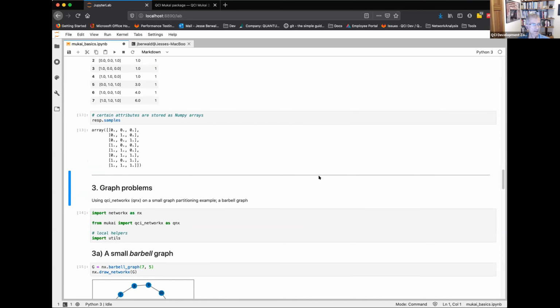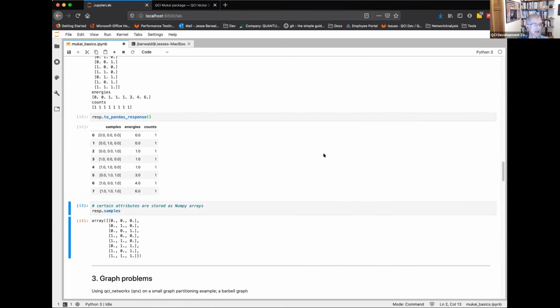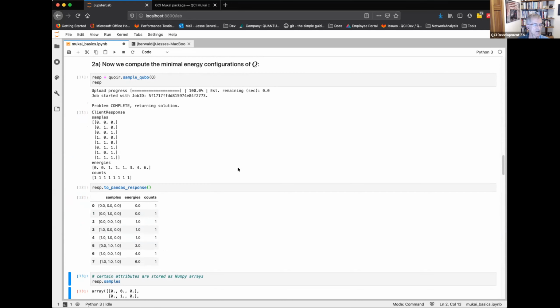I would interject here that underneath sample QUBO is the QCI version of QBSolve, the open source QUBO solver that has been used by a huge number of early projects targeted at the D-Wave quantum processors.